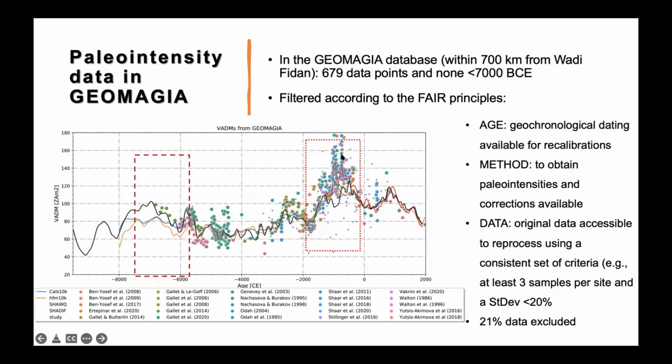There is a lot of data because it was really interesting, but we don't know much about the past. So the first thing I did was to filter the available data according to FAIR principles. So, data that could have an associated good geochronological dating, and data that were obtained with a method that is robust and had all the usual corrections for archaeomagnetic data, and